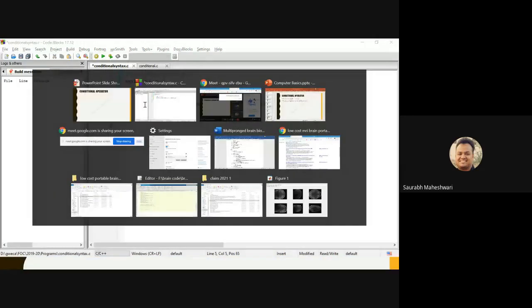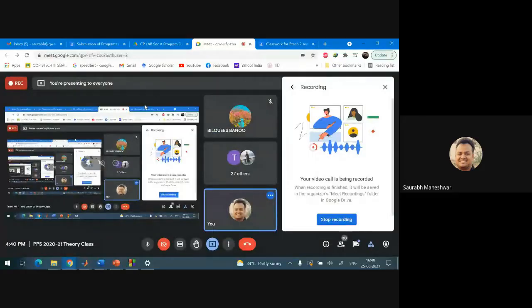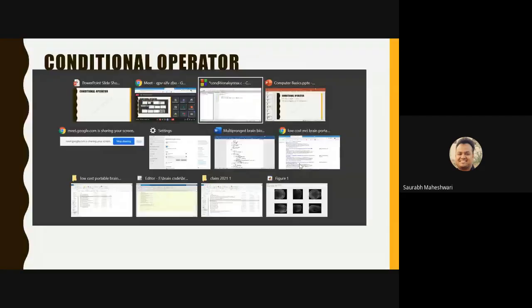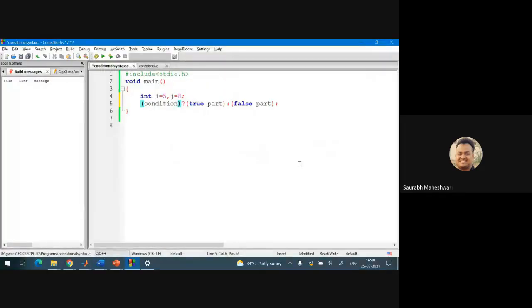This is the basic syntax, which you have to write at least. So I will now make it empty. This is your empty conditional operator syntax.